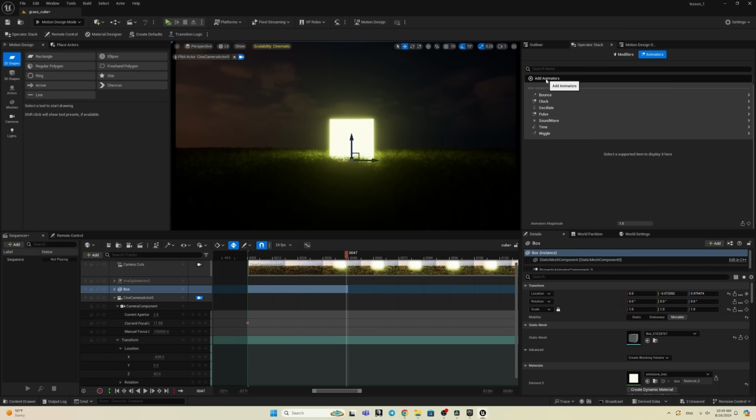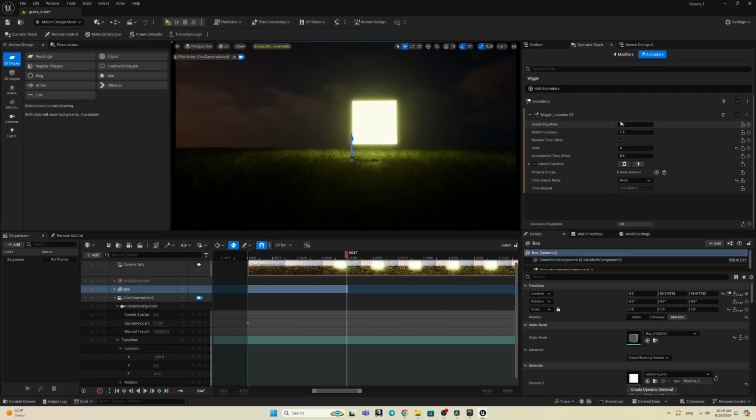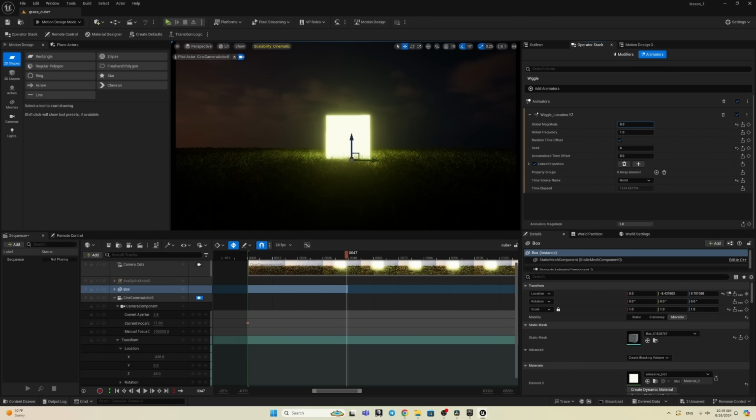Select the cube and add a wiggle operator. Let's set wiggle to the minimum value. I want to add a little bit of drama. It's like our object is gaining energy. So you've set up wiggle. In order to create an animation in the sequencer, select manual, wiggle is gone. Let's go to frame 48, set a keyframe,